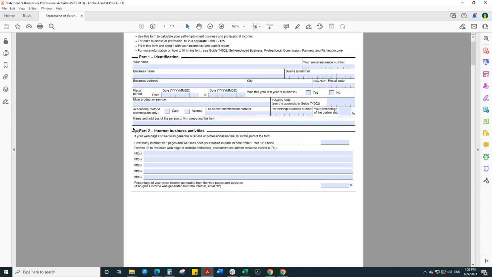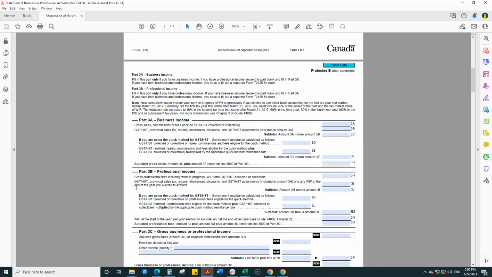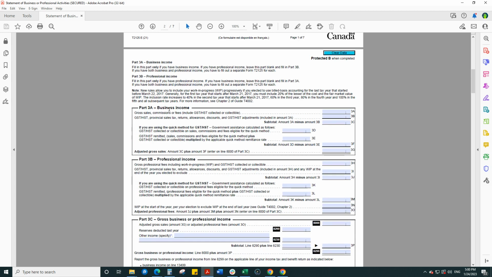And then next, you're going to put your number of websites. So if you've got some websites that you're earning income from, in the example I said with shoe sales, you could have a shoe sale website, and then that's when you'd put the number of websites you have, and you'd put the domain address here, and then you'd put the percentage that each website had, that percentage of income you make from each website. But anyway, just going to skip through that part,